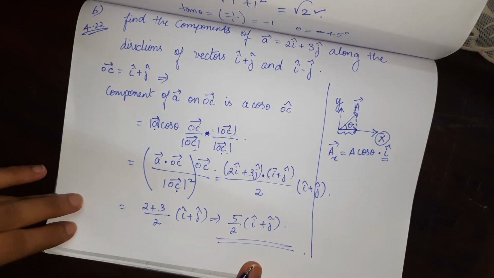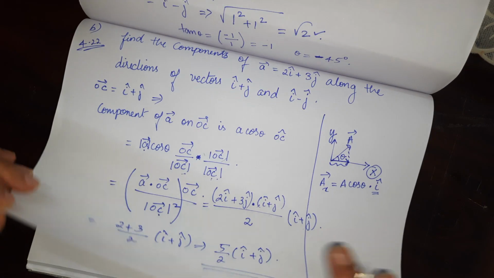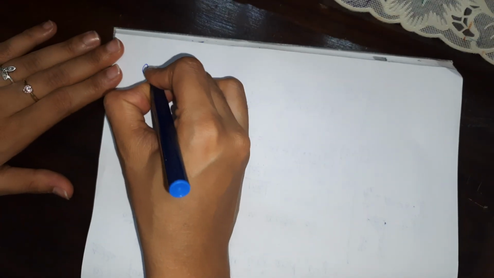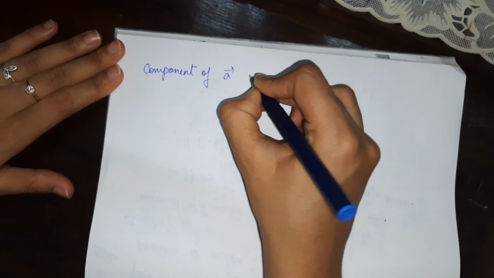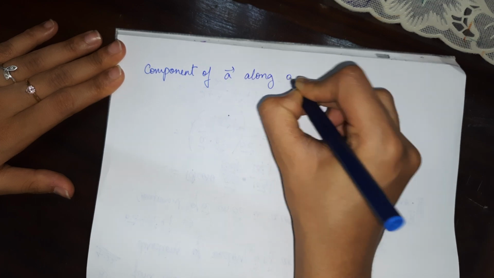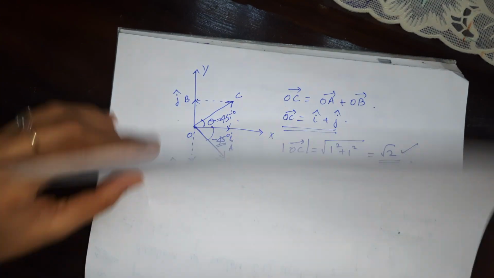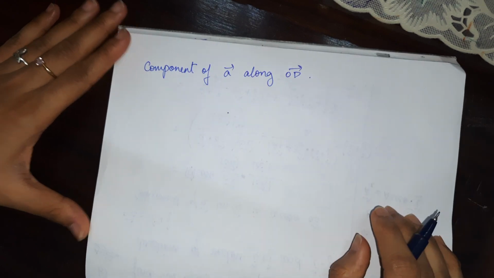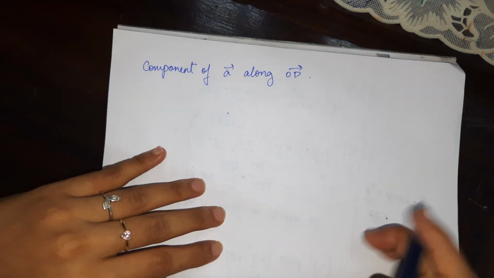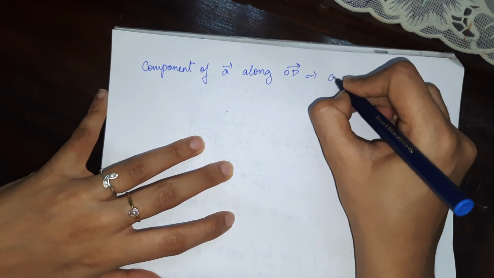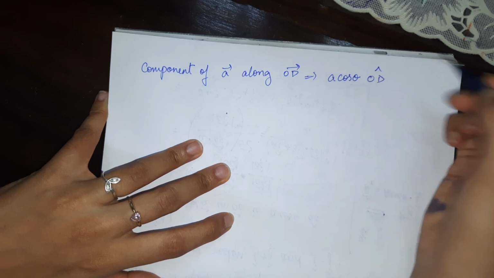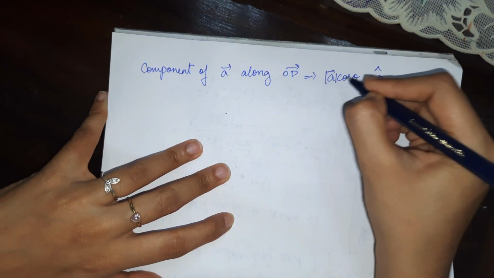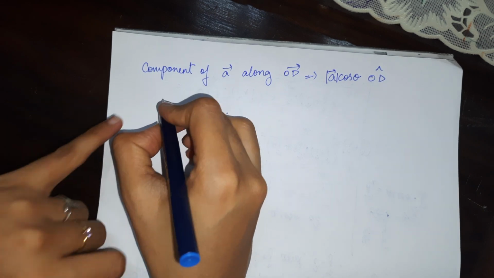Similarly, the same thing we have to do for i vector minus j vector. So we will do that also. We have the component of A vector along, what was the name that we gave for that? It is OD, along OD vector, that is i minus j. How will you do that? It is equal to A cos theta multiplied by OD cap, so modulus of A into cos theta into OD cap. The same thing we will repeat.